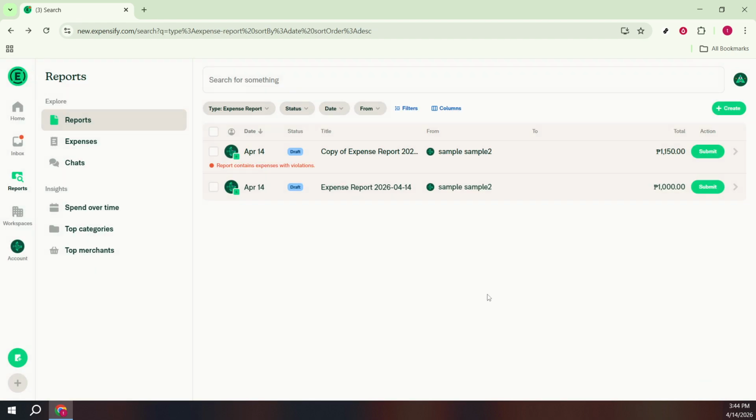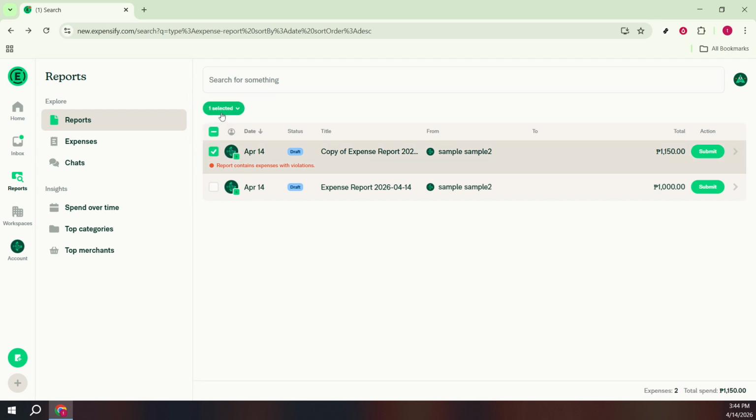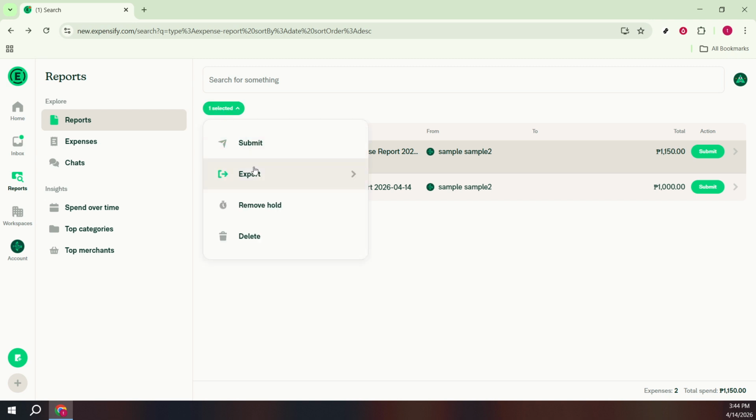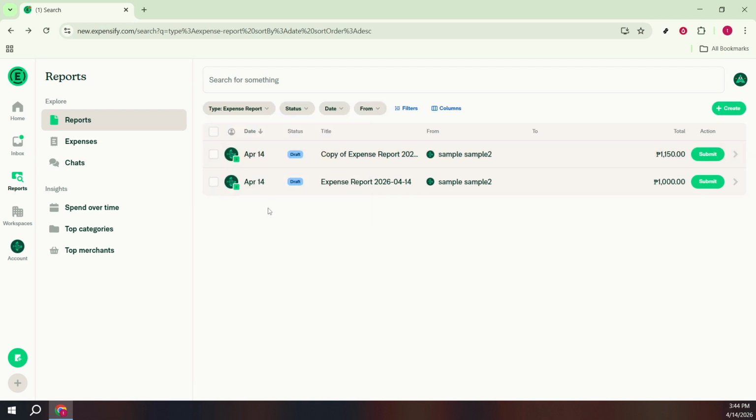This places the report on hold and effectively pauses it so you can manage next steps without it moving forward in the workflow. If you need to reverse that and take it off hold, select the same report's checkbox again, click Selected, and choose Unhold. That returns the report to its prior status and clears the hold note,